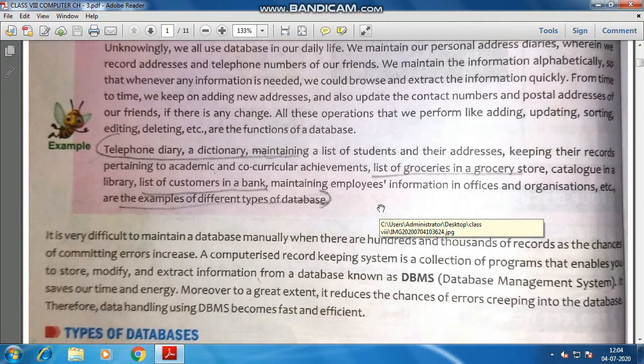So all these things are covered in a small database which they create. Next is the list of groceries in a grocery store. Normally a person goes to a grocery store and buys some grocery things, right? And when you are checking out from that store, there is a cashier and a QR scanner, a machine, where he or she scans or punches the goods, whatever grocery packets you have purchased. And then a printed slip is there, that is known as a small database, right? That is a list of groceries.